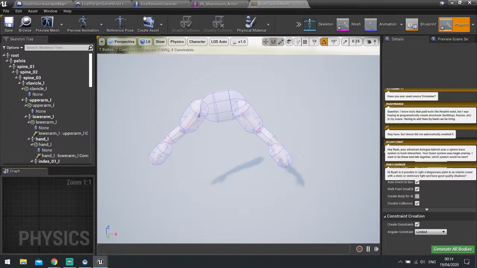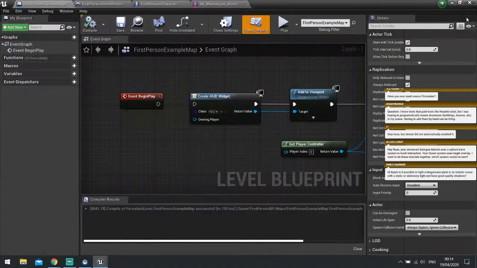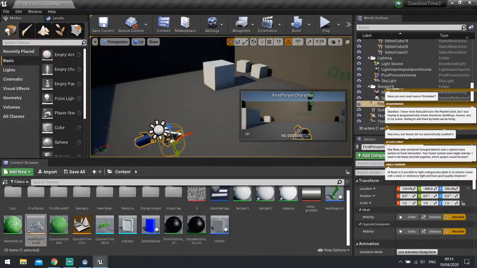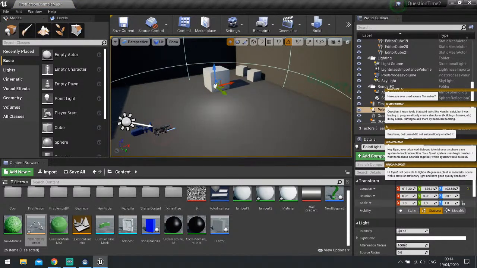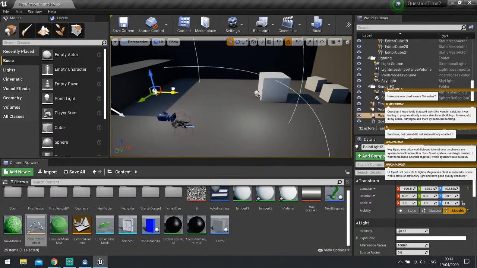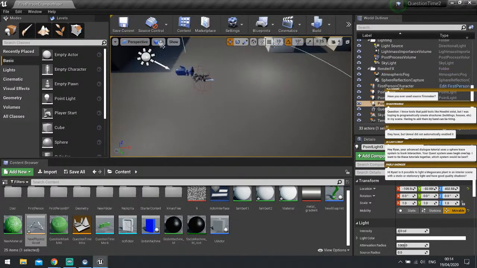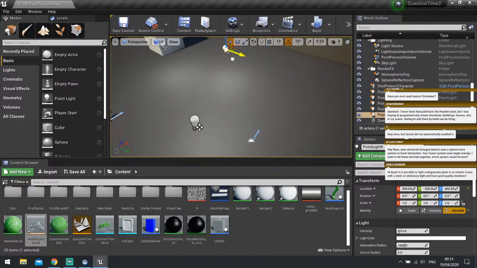Ranan Runkio, sorry if I pronounced your name wrong. Is there a way to put more than 4 dynamic lights on my map? Is there any way to make static lights at the same resolution as dynamic lights? So, no. Hang on, I'll show you so people know what you're talking about. I'll put them in there. So let's put in one dynamic light here. Make it dynamic. Dynamic is movable, by the way. So if I put 1, 2, 3, 4, you can